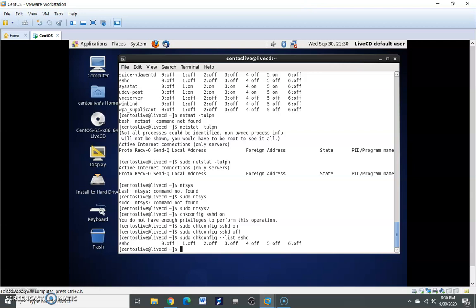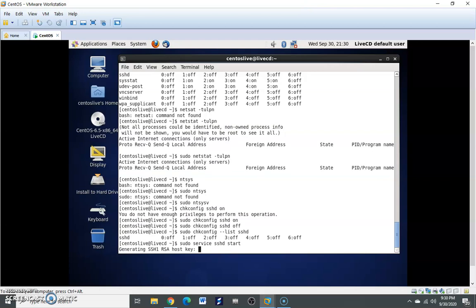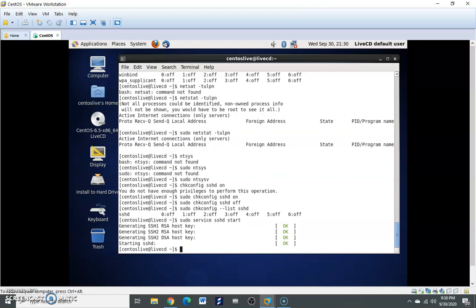Now if you want to start the service, put service sshd start. Remember to put the sudo, don't forget. It will start, and the sshd service is now started. You can stop this one in the same manner.